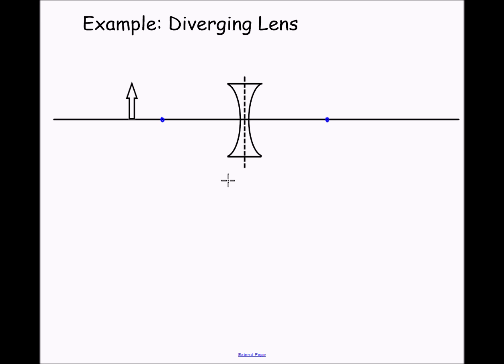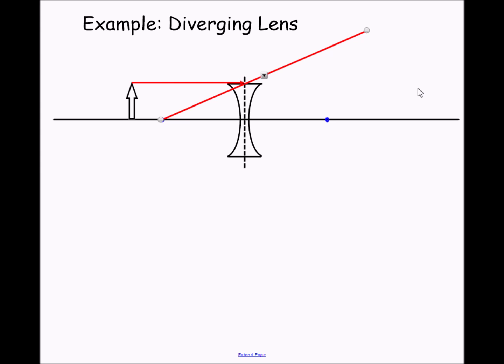Okay, so the first ray goes from the top of the object to the lens until it hits the lens. But now, instead of going toward the near focal point, it's going to go away from the far focal point. Okay, so the simplest way for me to do that was to draw a straight line like so, and then you can see that this line is really going away from that focal point. Okay, I'm going to draw that backwards though a little bit, just because you need to know that line's there